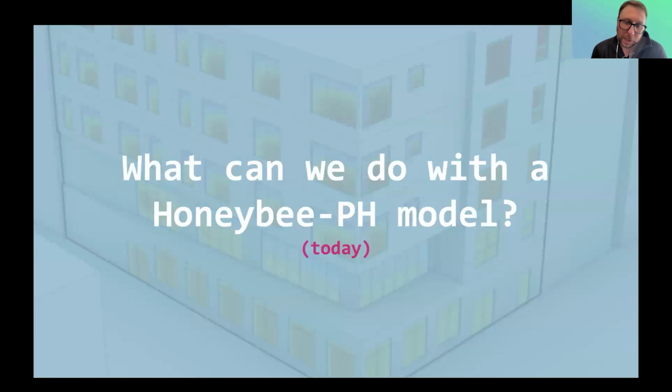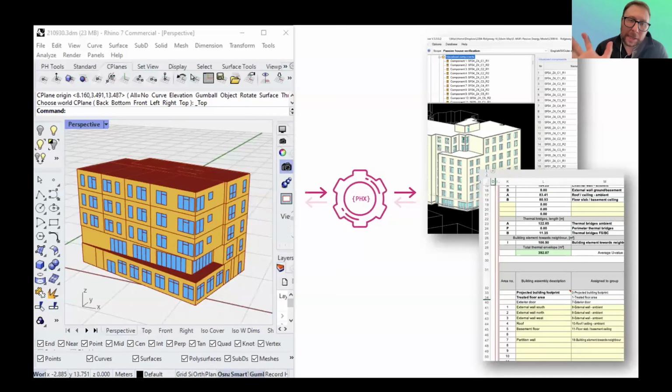So what can we do with Honeybee-PH right now? The main use case, as we've talked about, is about moving BIM data into or out of those Passive House calculators, whether we're talking about WUFI-Passive or PHPP. So the Passive House Exchange library allows us to move that data from our modeling environment into WUFI-Passive and into PHPP. Now, the most well-defined and mature of those workflows is for Rhino. But again, this is all software agnostic. So it can work with whatever your application of choice is, provided that there is a Ladybug Tools interface there. So that's probably the main user story, the main workflow that most people would get